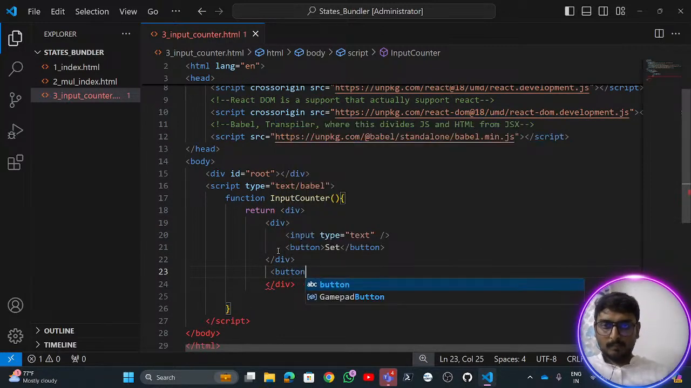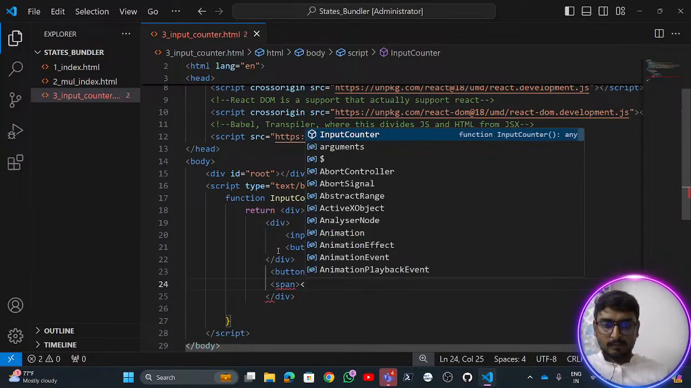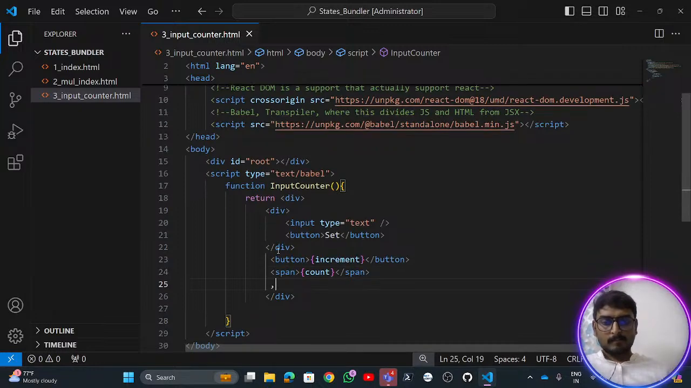Where I write button, I'd say increment, I'll span it with this particular thing known as span, as I'll give this values as count, because previously we actually used this count thing. Similarly, we'll say